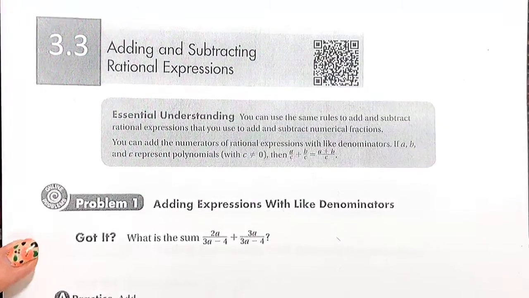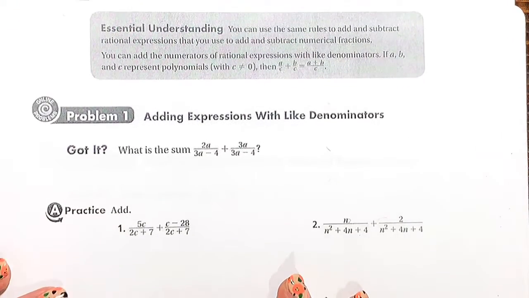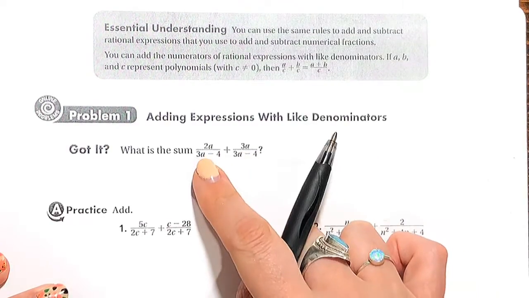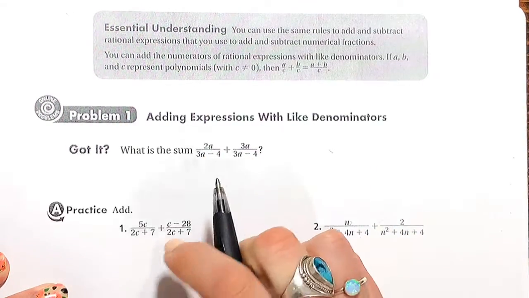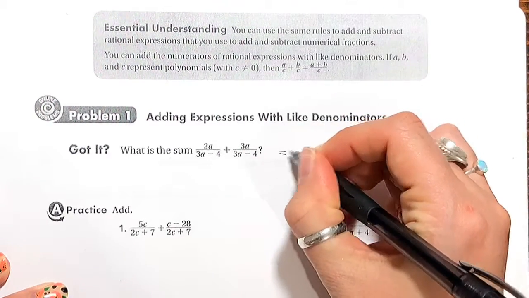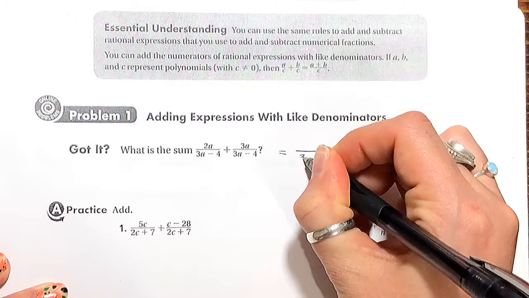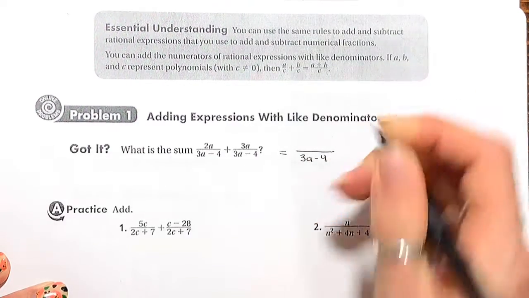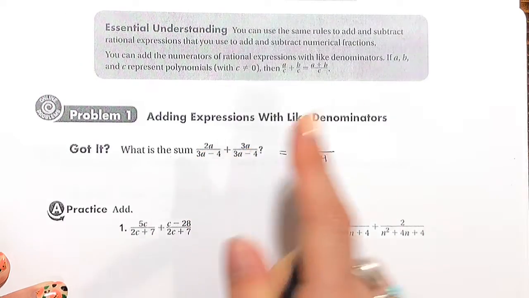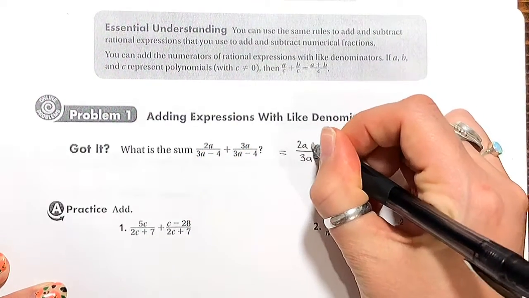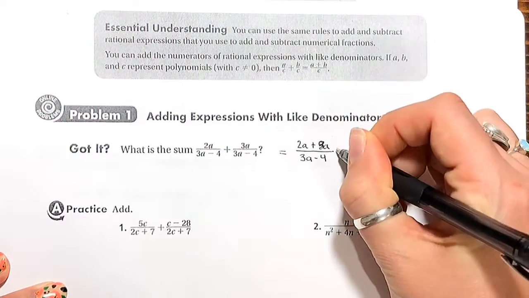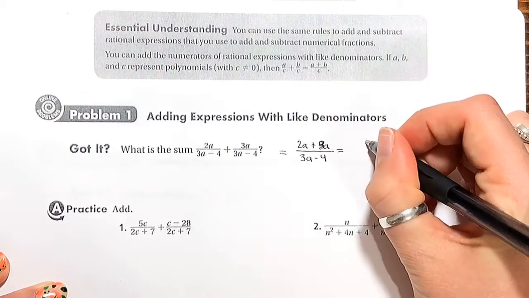inside of our fractions. So if we look at this first expression, we have like denominators already. They're the same denominator. So that's the easy type. So when that happens, you just have to keep the same denominator. So we're just going to keep the 3a minus 4. Then we're going to go ahead and add the two numerators, so 2a plus 3a. And then since 2a and 3a are like terms as well, we can go ahead and combine those to be 5a